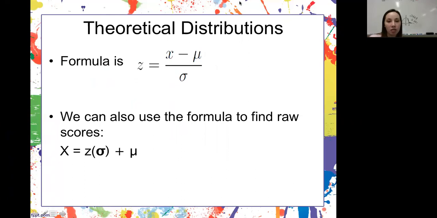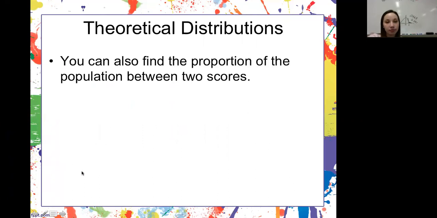So here's how you find a Z with population information. Here's how you find a raw score given your Z score. So that's how you convert. You can also find the proportion of the population between two scores, and I have an example like that in your practice problems video, towards the end. So make sure to watch that. So for example, you can find